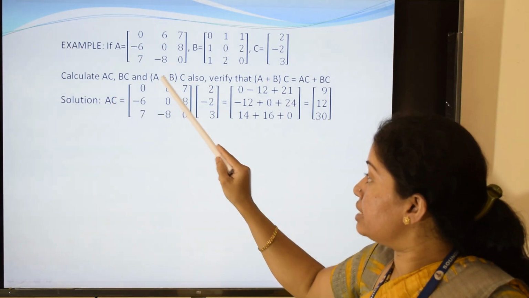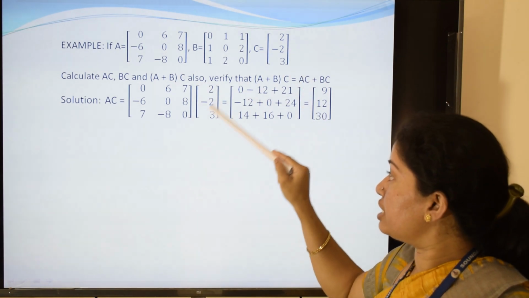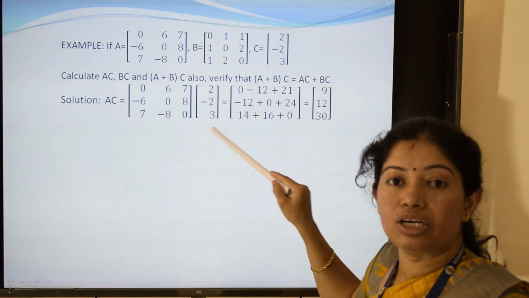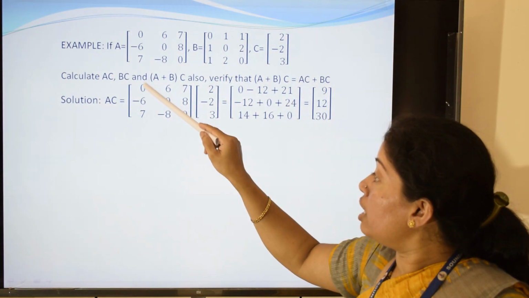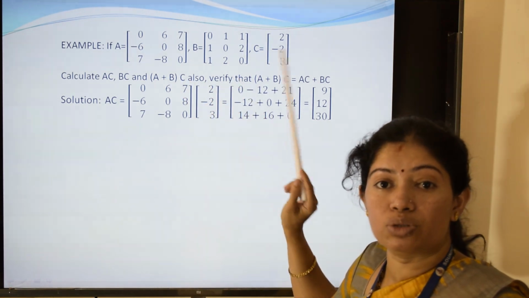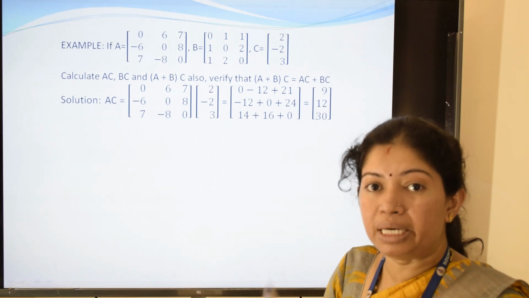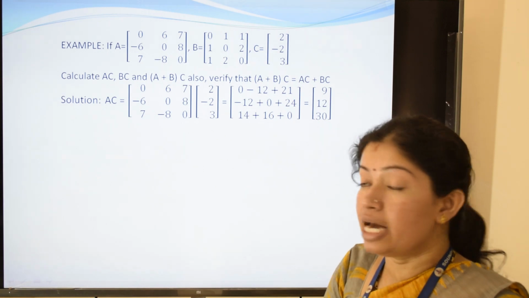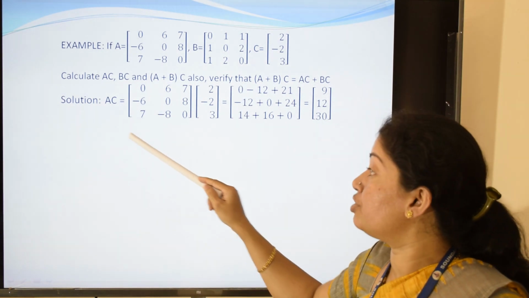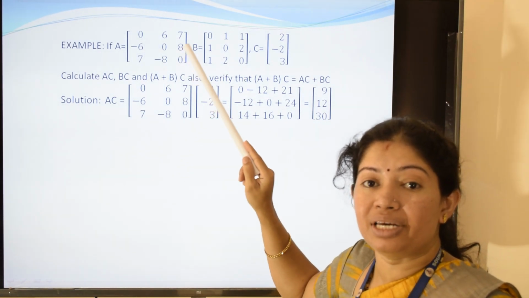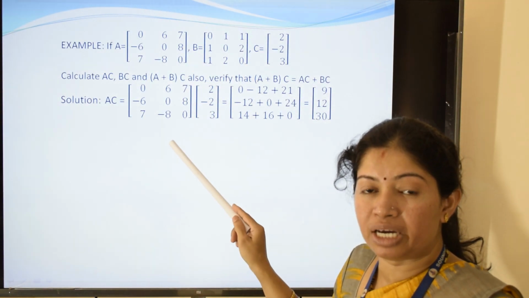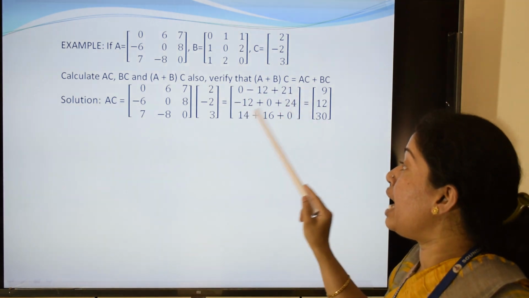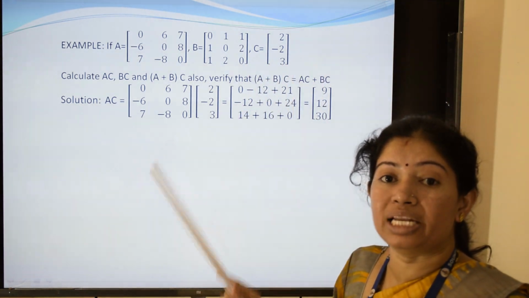So write AC is equal to matrix A and matrix C. Now what is the order of A? It is 3 cross 3. What is the order of C? 3 cross 1. So the number of columns of the first matrix is the same as the number of rows of the second matrix. So the condition is satisfied. Means you can multiply them. So when you can multiply, what is the order of the product? It will be the 2 extreme numbers. So that is nothing but 3 cross 1. So when you multiply a 3 cross 3 matrix with a 3 cross 1 matrix, you are going to get a column matrix of order 3 cross 1. It will be having 3 rows and only 1 column.